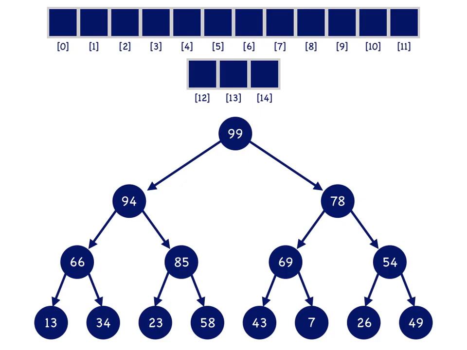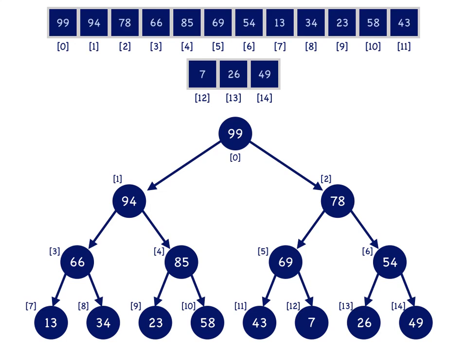And the way we can translate the heap onto the array is by simply numbering the nodes from left to right, meaning 99 would go in position 0, 94 would go in position 1, 78 in index 2, and so forth. Now, that being said, if all the values are stored in an array and not a node object,